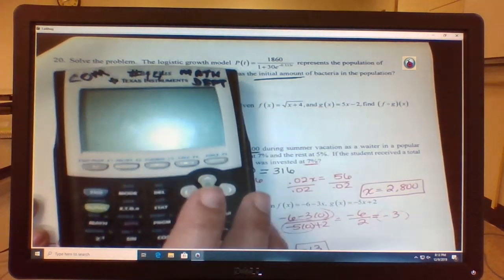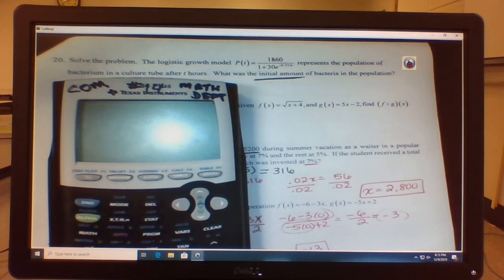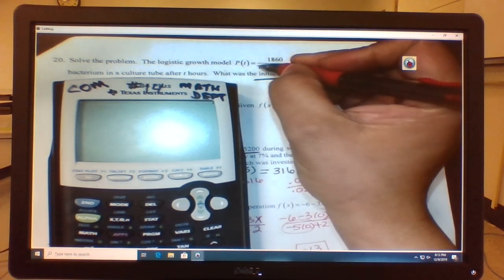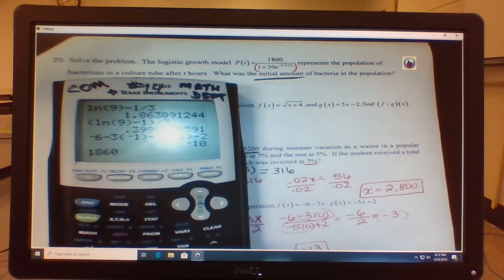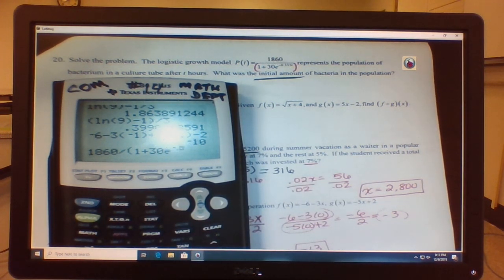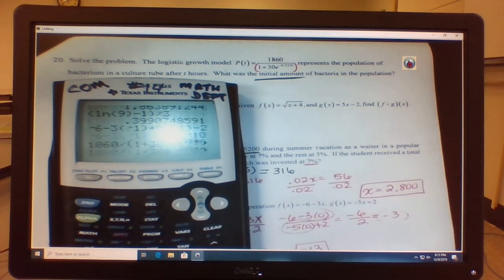So if we go here, now, what's going to be the problem when you do this problem? If you don't put that parentheses, the answer is going to be wrong. 1860 divided by parentheses 1 plus 30 e to the negative 0.333 times 0, close parentheses. My answer is